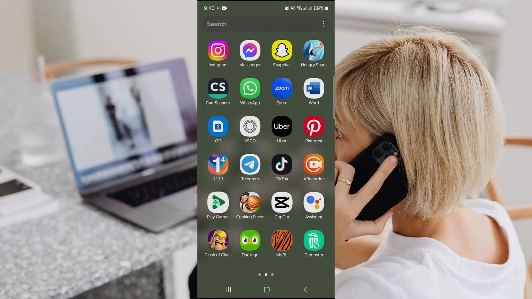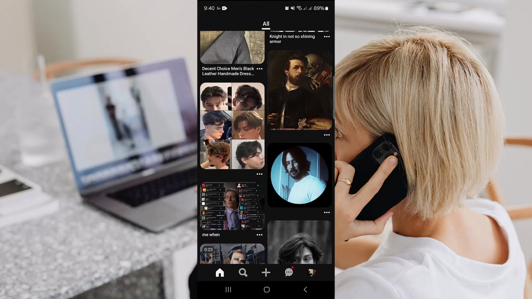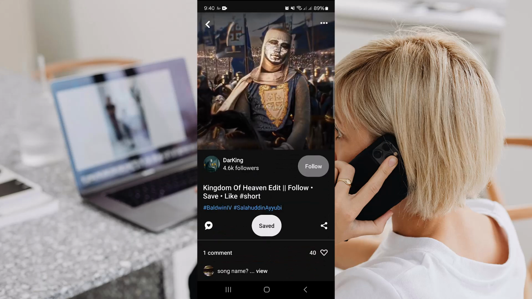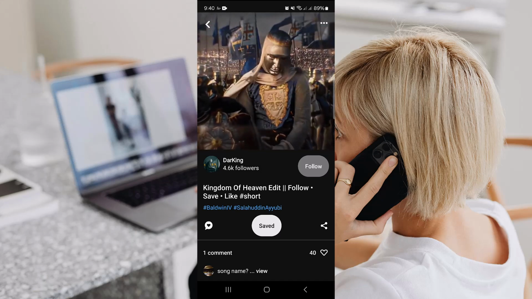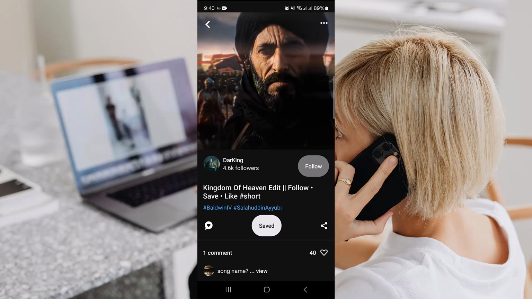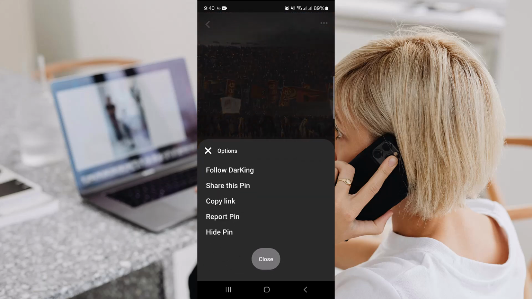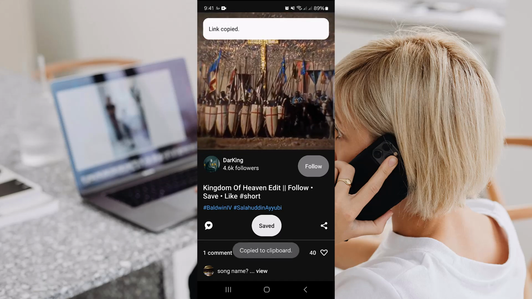Head over to your Pinterest app and head over to your supposed video that you want to download. Suppose I am going to this one. As you can see on my screen, the video is currently showing, and if I go to the three dots icon on the upper right corner, I can see there is no download option as like the other images in Pinterest. So all I need to do is click on the copy link,